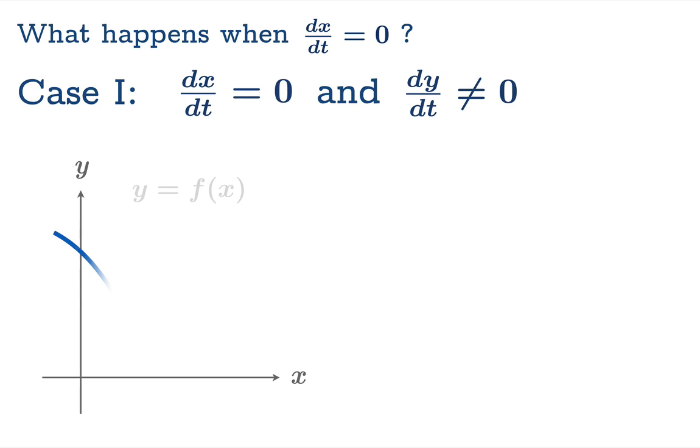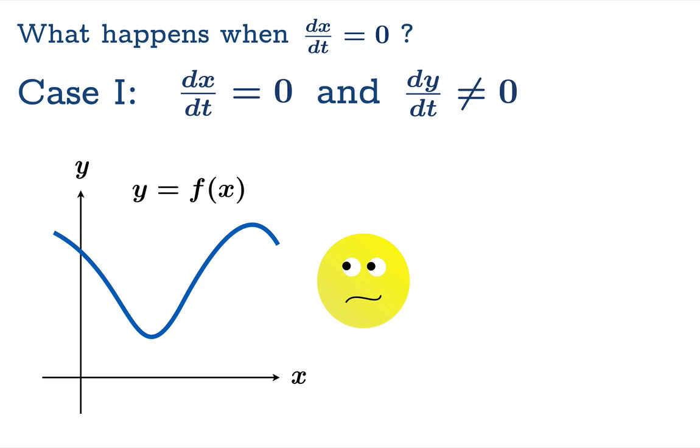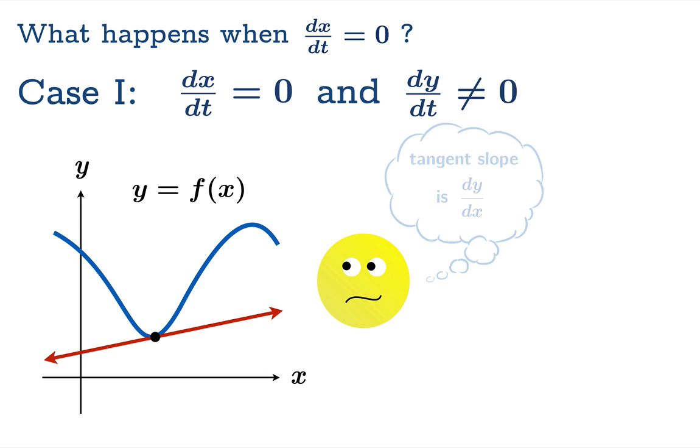Now, usually we like to plot the dependent variable along the vertical axis. So for example, if we had a function f, we'd like to plot y equals f of x. And the fact that it's the graph of a function means we'd be passing the vertical line test. And this is the way we usually look at functions. And by the way, if we were looking at tangent slopes in this context, we'd calculate rise over run. Rise would be a change in the vertical component. Run would be a change in the horizontal component, and so for our tangent slope, we'd want to take dy/dx,